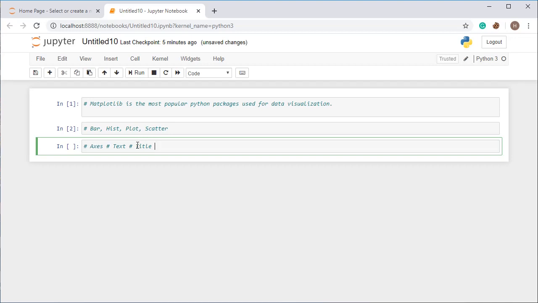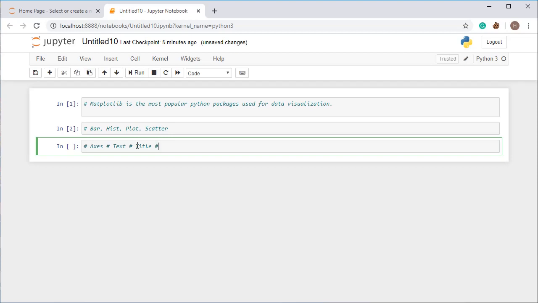If you are making any graph or plotting any plots, and you are missing the title, it might be trouble for the user to understand what the data is all about. If you provide a title, then it will be a clear picture for them that this is a graph or plot of this particular thing. So the title is very important.